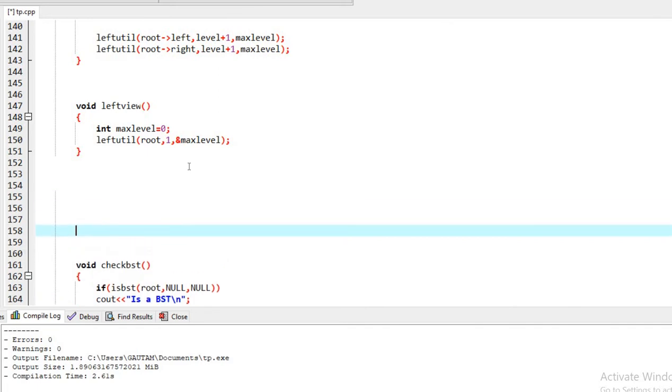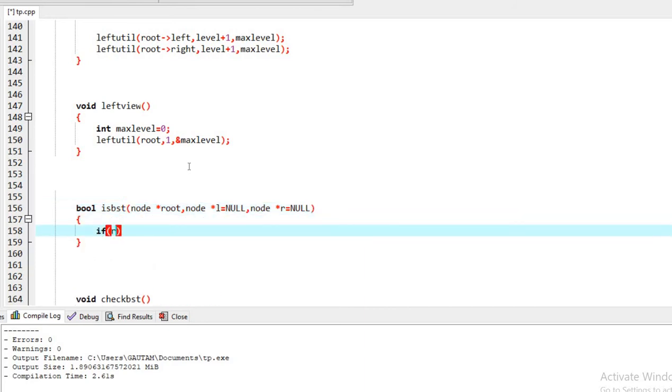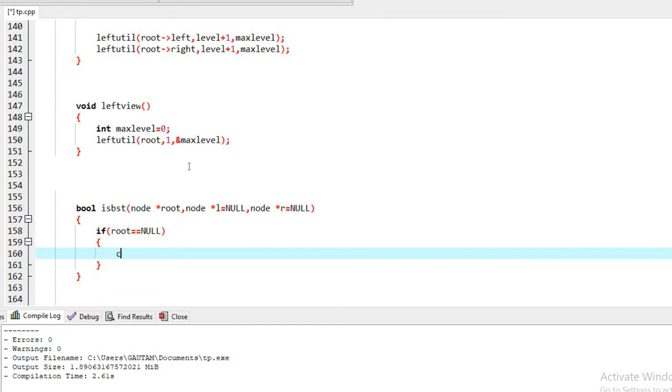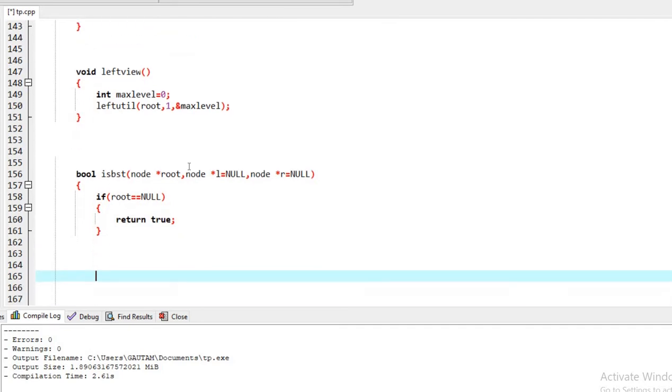So we write that function here which will return a boolean value. So if root is empty, that is there is no data, so it is true that the given tree is a BST because there is no data, right?